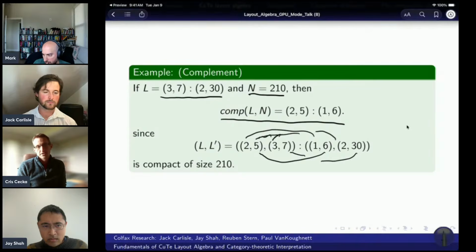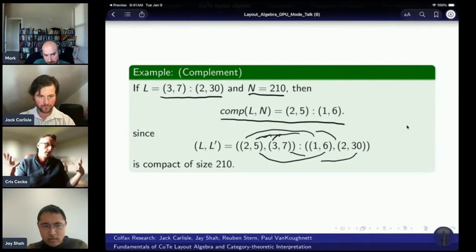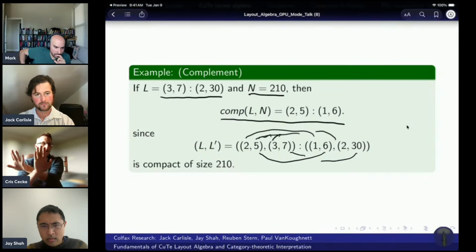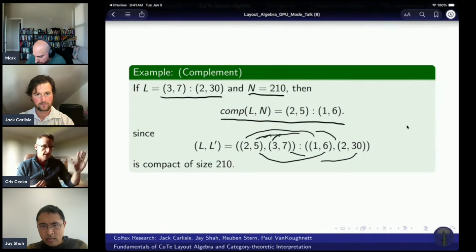And so you can imagine this is very, very useful, and it's why it's a core component of logical divide. Logical divide is splitting one layout according to everything that another layout specifies. So this layout tells me all of the elements to extract from this layout, and then I want all of the elements that are not extracted by that layout. And so it divides a layout into two pieces: everything that is included in the layout and everything that is not included in that